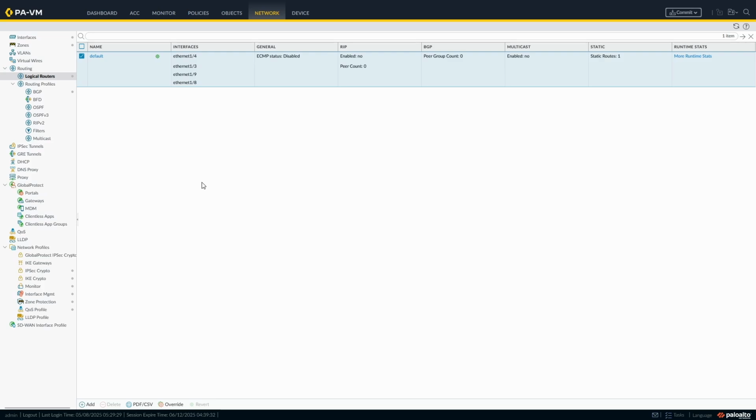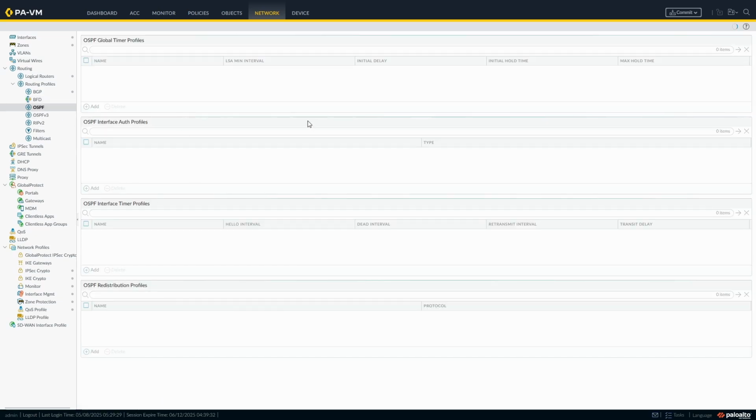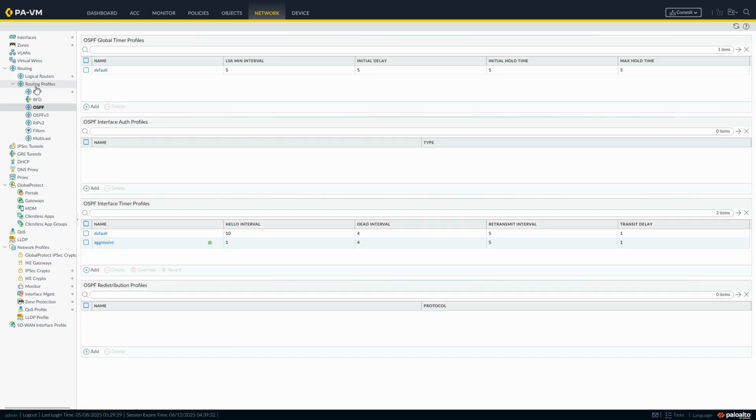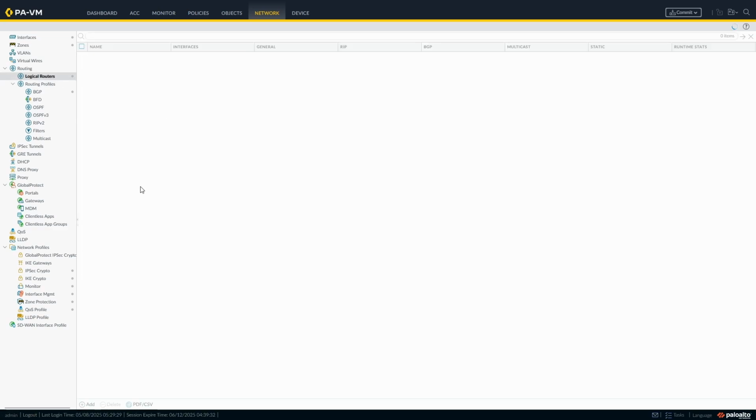Okay, so this firewall is also a VM, but this is a firewall that's managed by Strata Cloud Manager, and as a prerequisite for the Strata Cloud Manager, the fact it uses logical routers and not VRF. So we see we've got the same format here essentially. We've got logical routers, but now we have routing profiles underneath it that we can use. So you click into it and then you'll create your routing profile there, and then you would reference that within